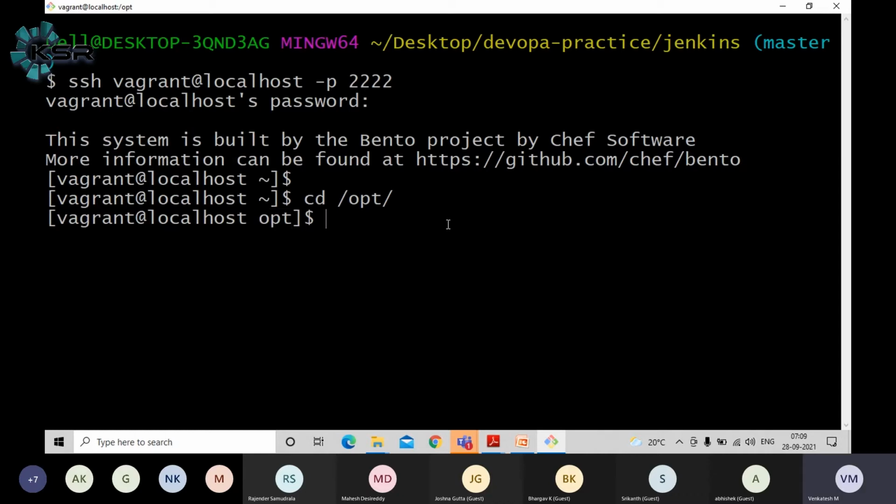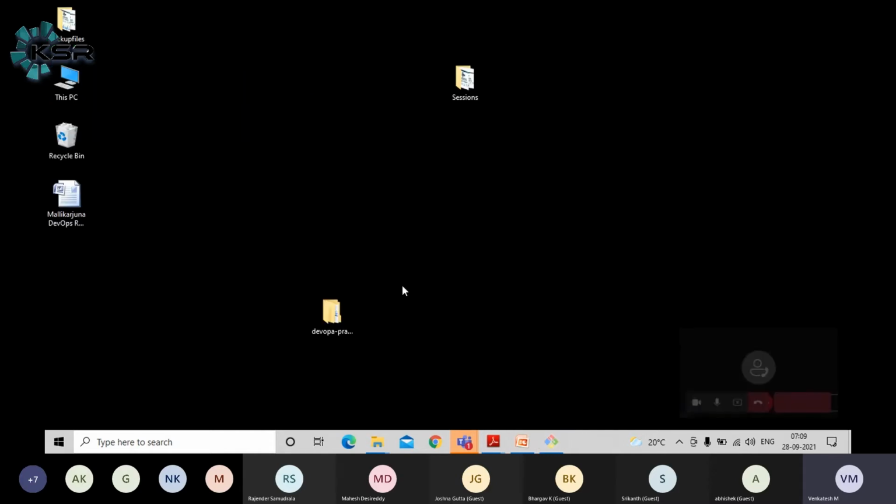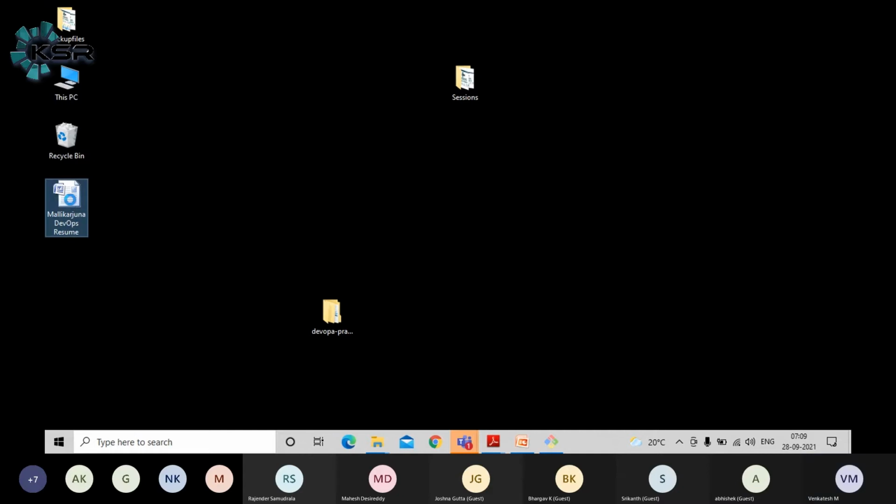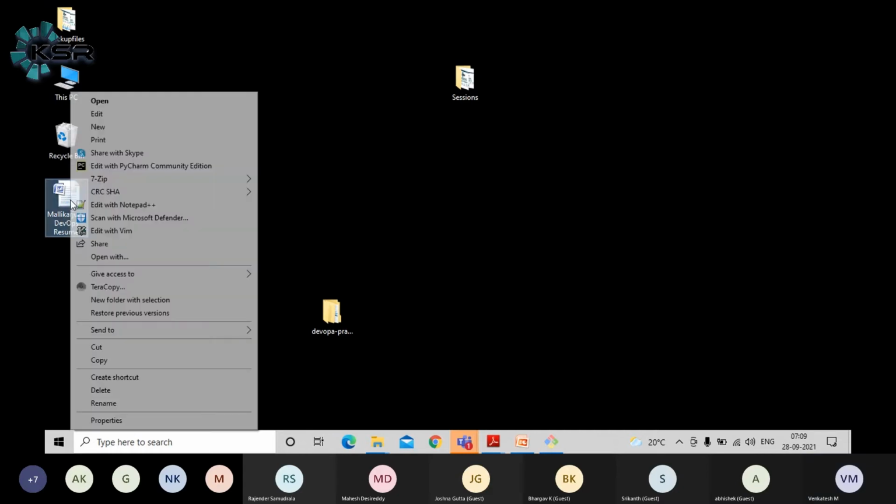In Windows, when you right-click on any file or script, you get an option like run as administrator or open as an administrator.